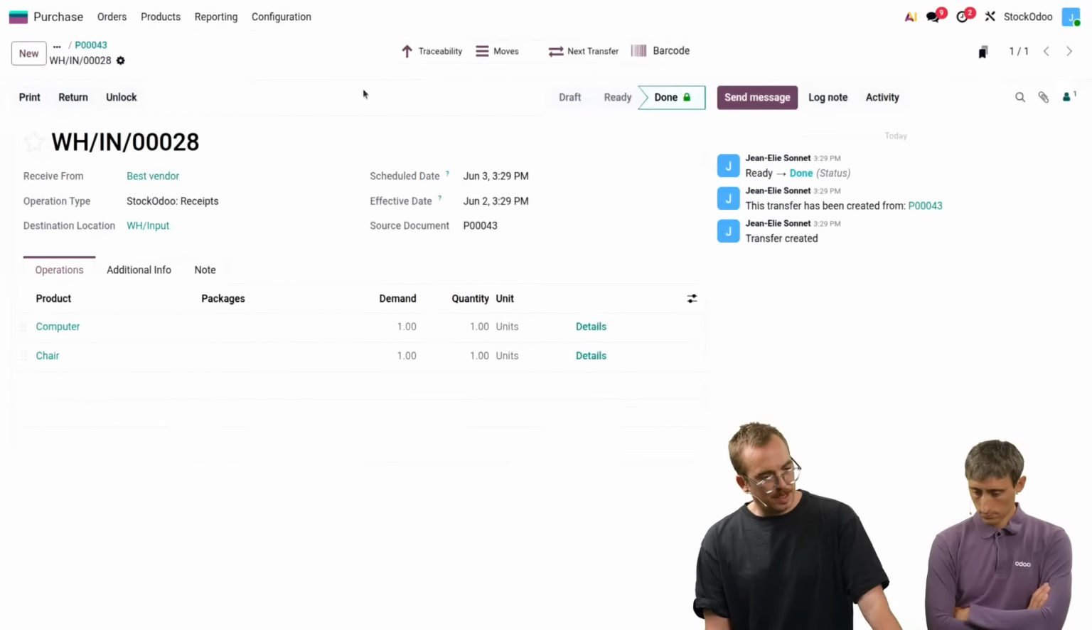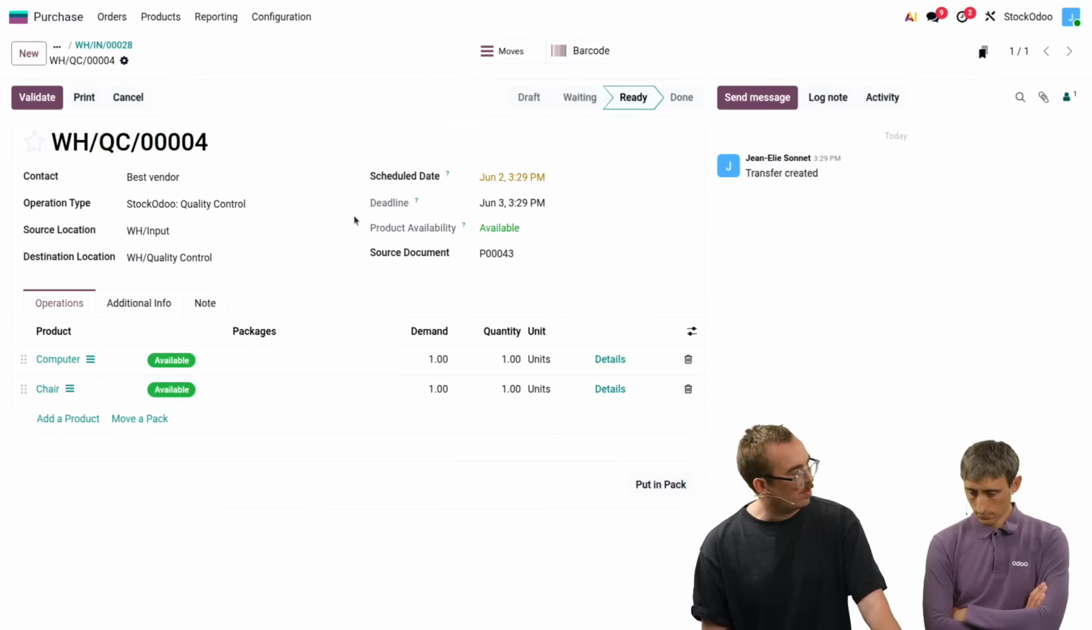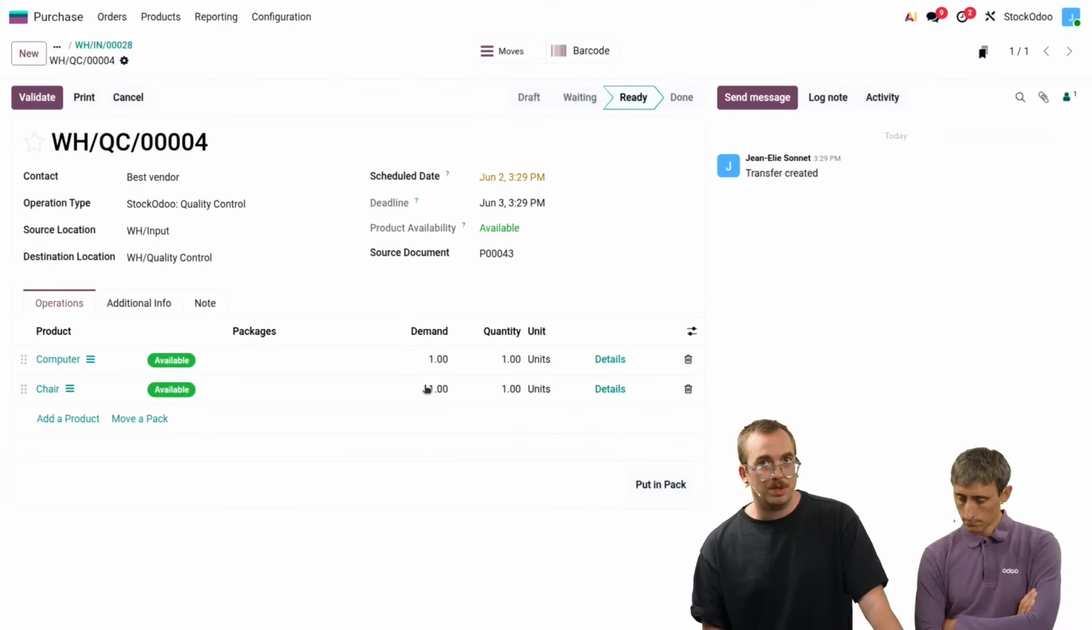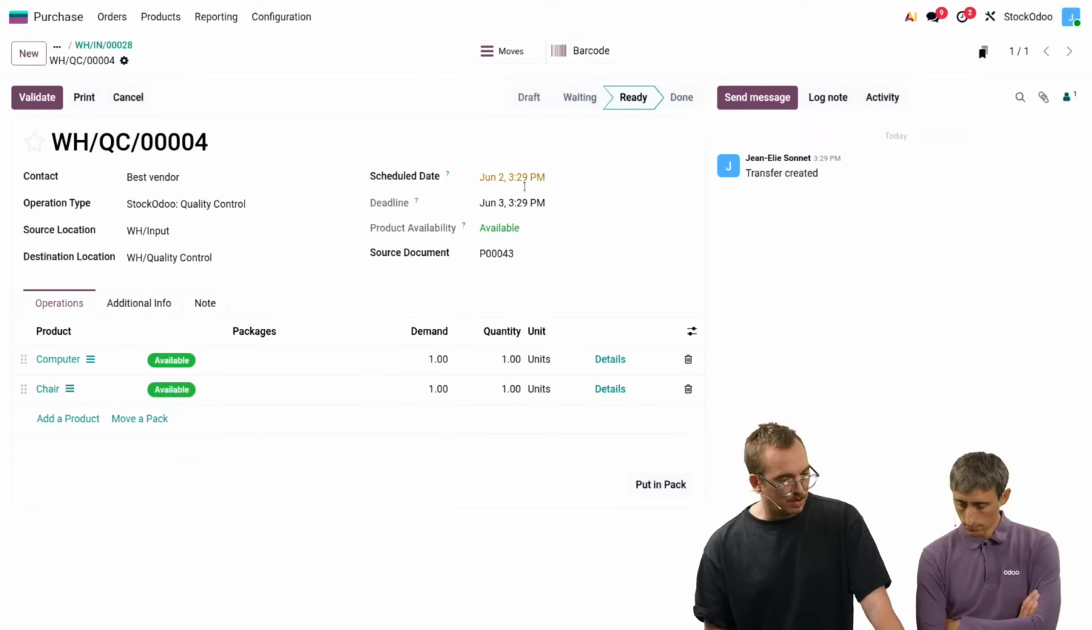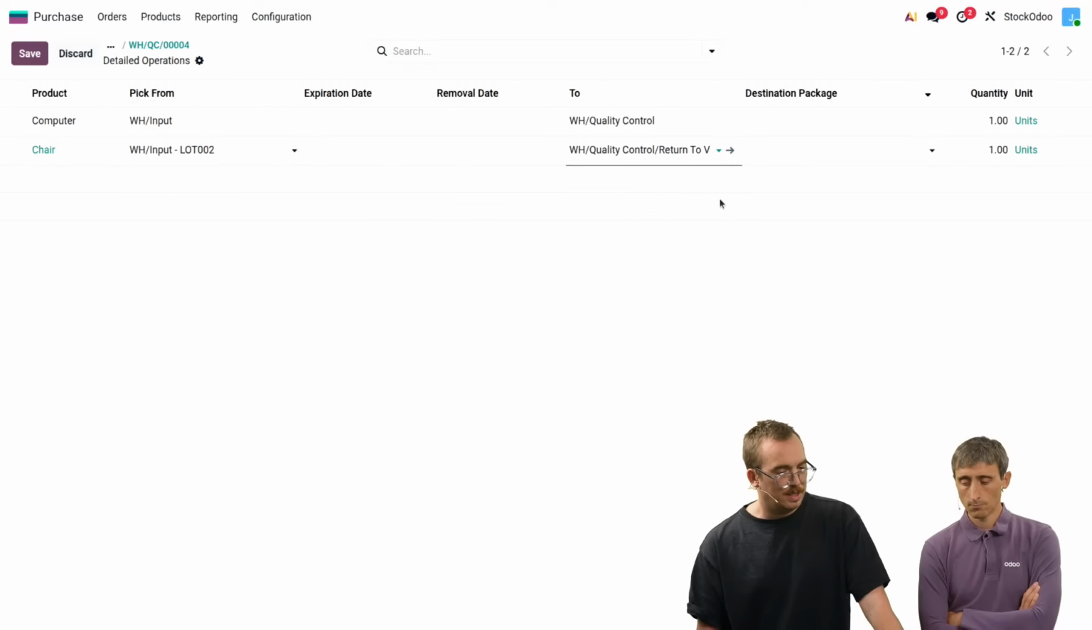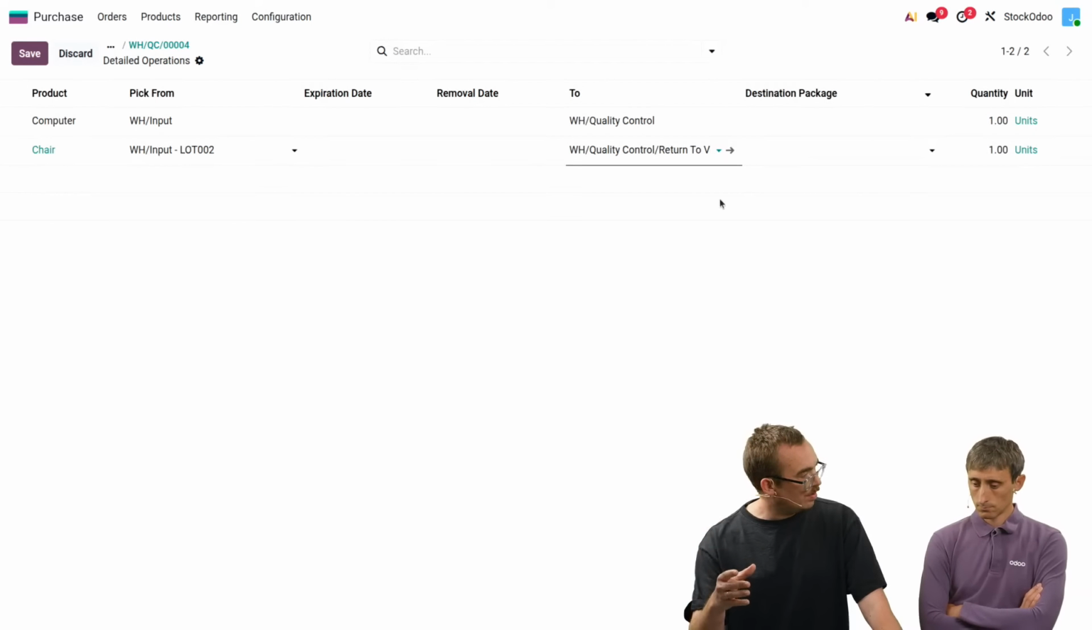I validate. It creates my next transfer, which is my quality check. This is the moment where I realize that actually my computer is okay, but my chair is not good. And here on the moves, I can directly say that it needs to go to return to vendor. This is a location that will trigger a new push with a return to vendor transfer to directly send it